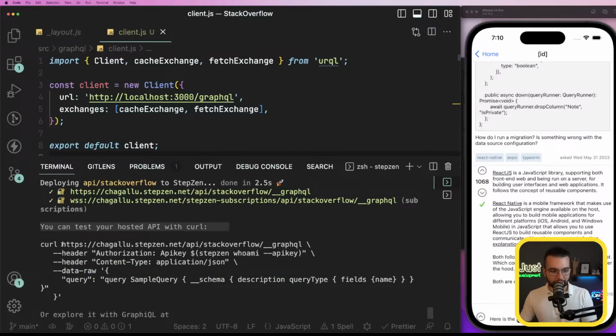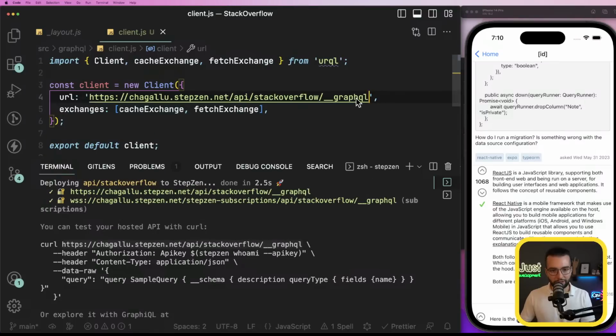So let's take the URL from here. It should be the name of your API, and it should end with graphql. Take it like this, and let's put it in our client. That way we say how we want to connect to our API. If we try to query it right now, we're gonna fail because